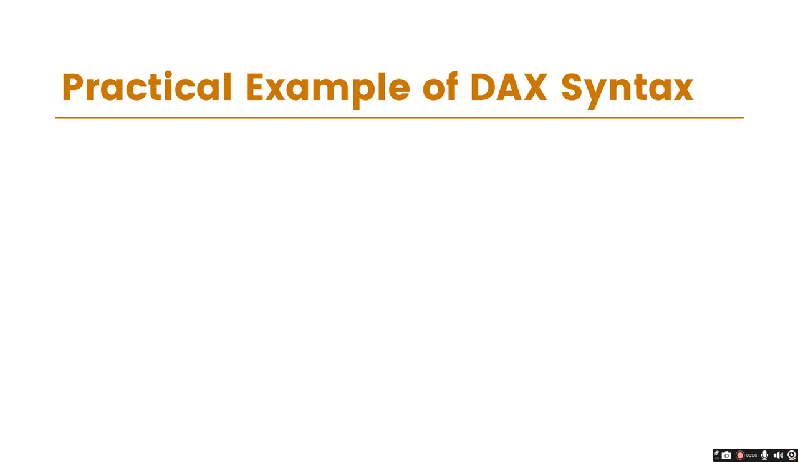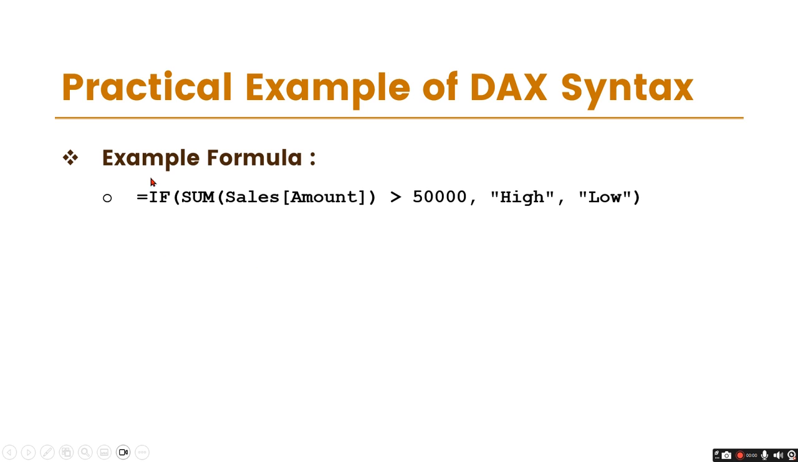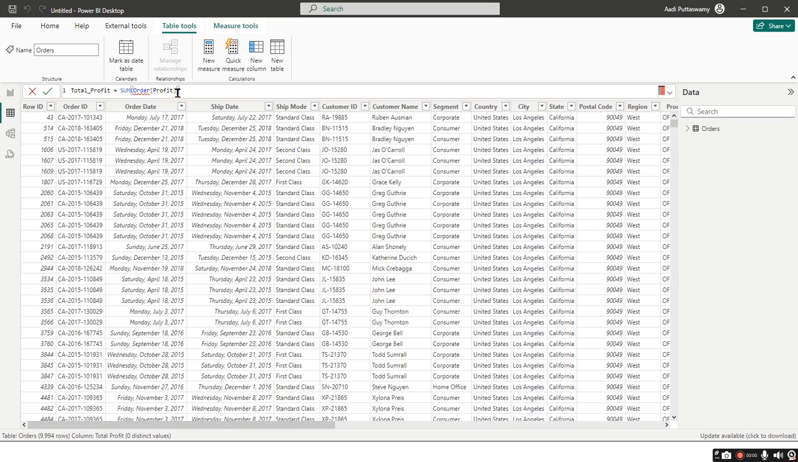Practical example of DAX syntax. Already I've shown a few simple examples. Let me show you one more example. So here we have this if sum of sales, that is amount, is greater than 50,000, it should be high or low. So in my table, I don't have this amount, I have the sales. So here sales is actually orders for me. The table is orders, and in this case amount is nothing but the field name. So don't go with the same example here what we have. I'll give the same example, but the table and the column name might differ. Don't get confused. All right, so let me just remove this particular